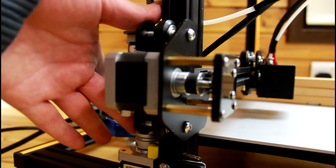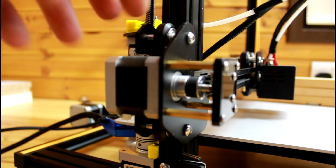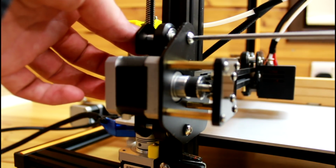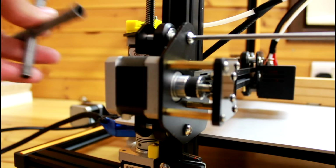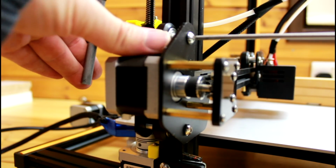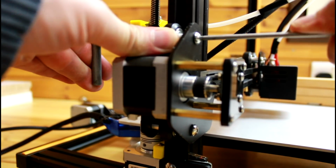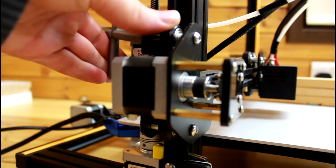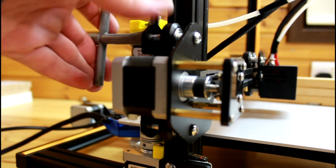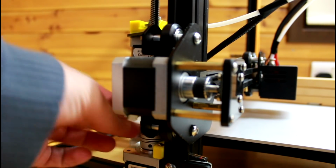Now that it's touching, I'm gonna rotate a bit more, and now you'll see that this wheel is quite free. So what I'm gonna do now is tighten it, but at the same time push the wheel inwards. Now I'm gonna tighten it. Now if you see, it's a bit free, but this will go away once we adjust everything. So I'm gonna move the axis up again,